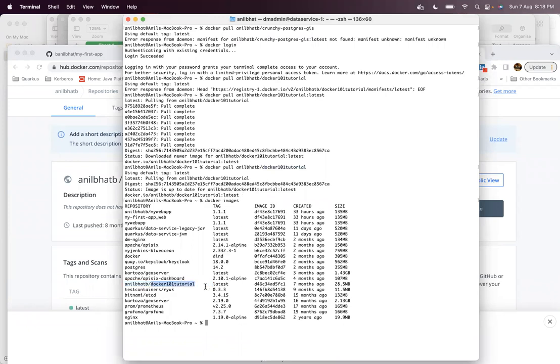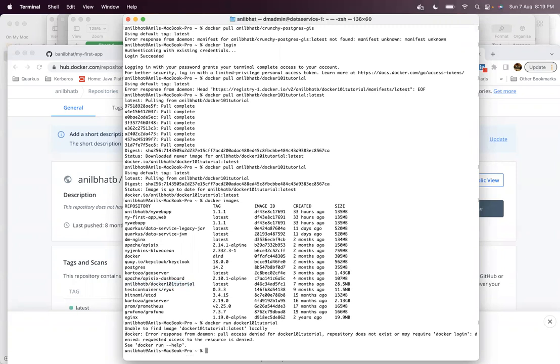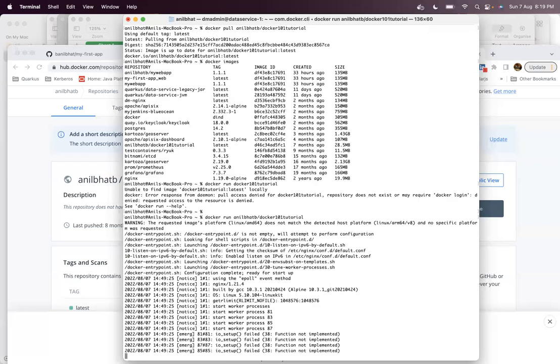Now you can run this particular Docker container. Imagine this is an application. You can run this image by executing the command docker run and that repository. I think it should work without Anil but B also. No, it actually works only with the account. Generally you can create a repository without an account name, but Docker Hub expects the account name as part of the Docker image name. We should give the account name also when it comes to Docker Hub.